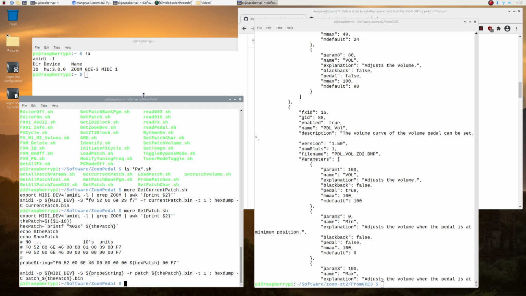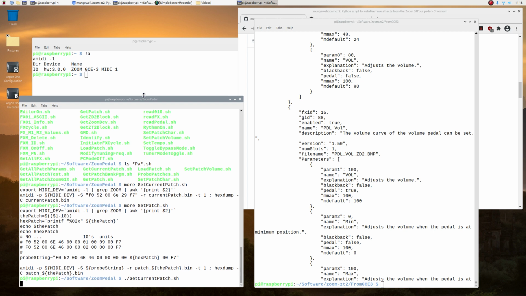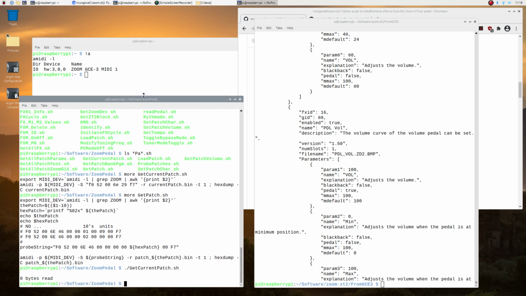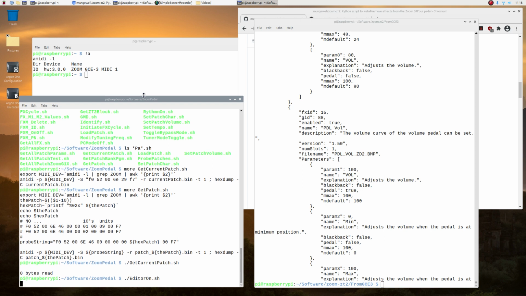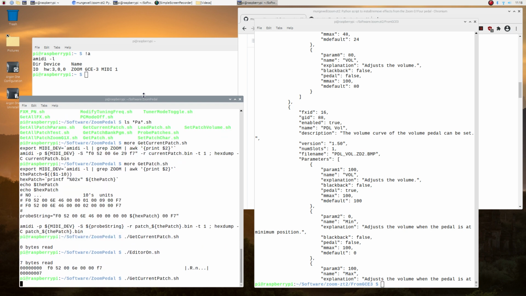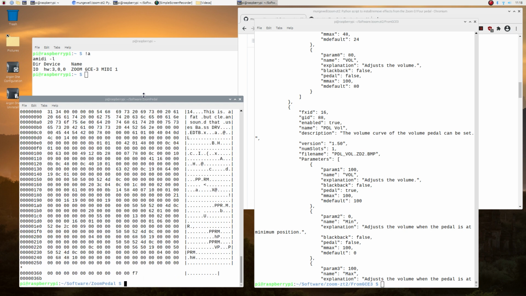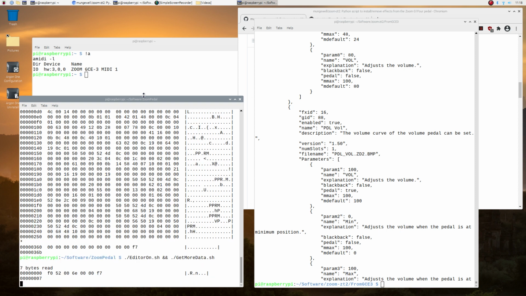Okay, let's do it this way. If I say get current patch, it will put it into current patch.bin in dot slash editor on dot shell. Actually, what I should have done was say dot slash editor on dot shell and dot slash get more data, which basically cleans the buffer.